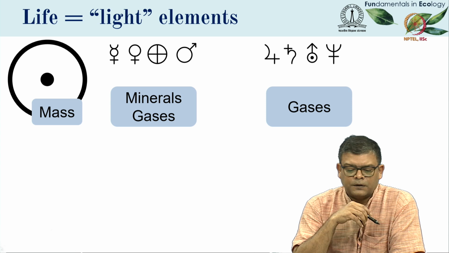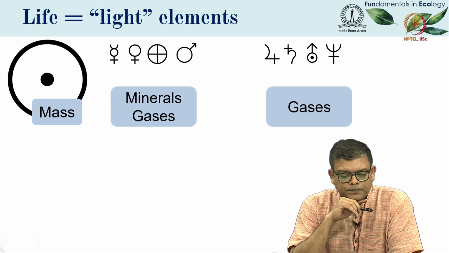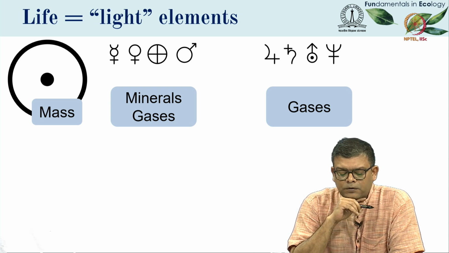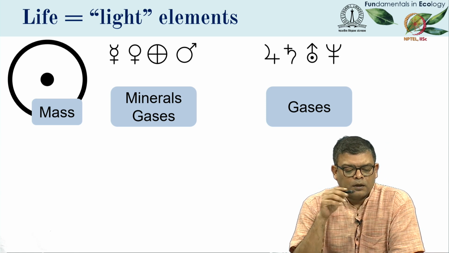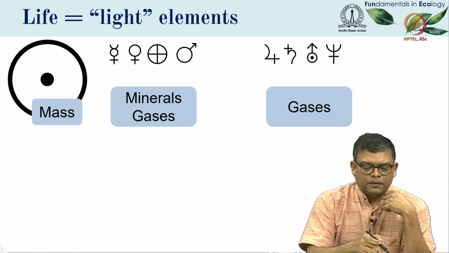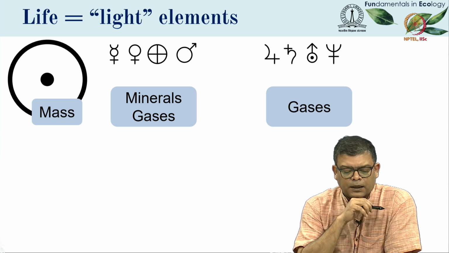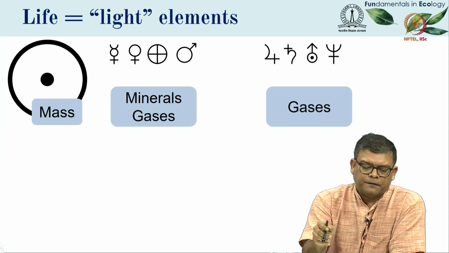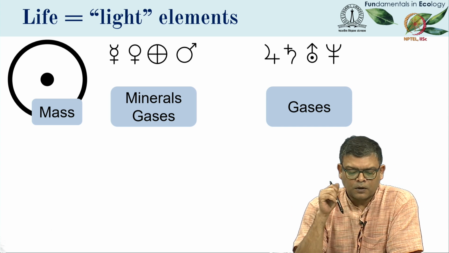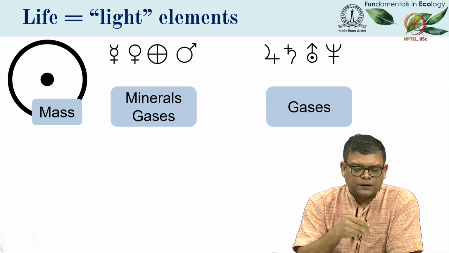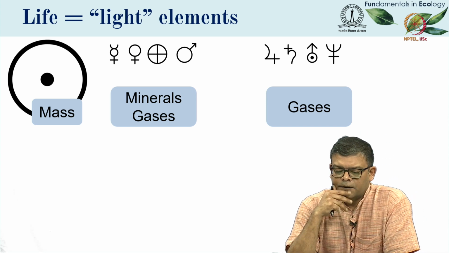So here I have used the symbols for the different members of the solar system. So here's the sun, and we know that most of the mass of the solar system is inside the sun, and then as we go away from it we see the different planets, so Mercury, Venus, Earth, Mars, Jupiter, Saturn and so on. One thing that we will notice is further away from the sun you have these gas planets.